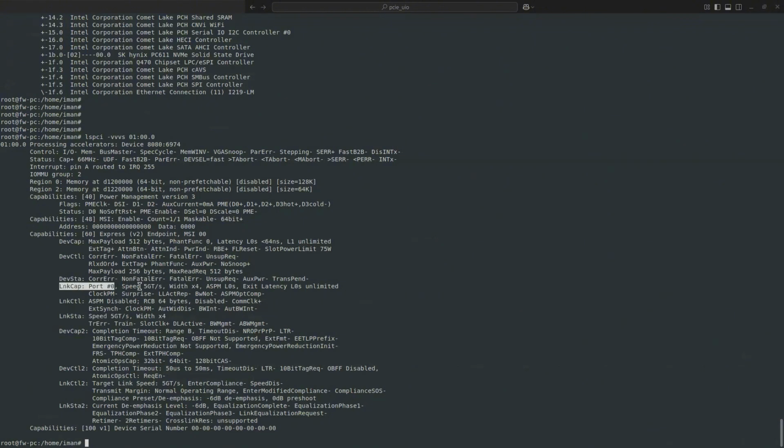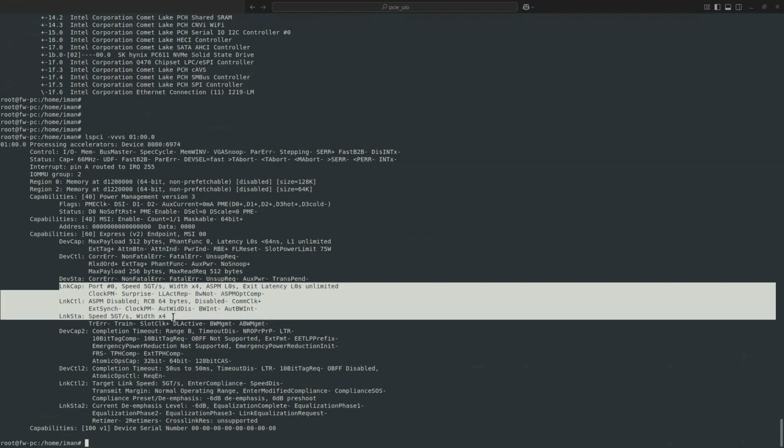Or maybe I have a possible x4 connection of Gen 2, but my root complex only supports x2. So the lane width will be downgraded at runtime. By looking at these two properties, now I'm sure that this root complex, my PC, supports the maximum supported generation and also the width of the connection.